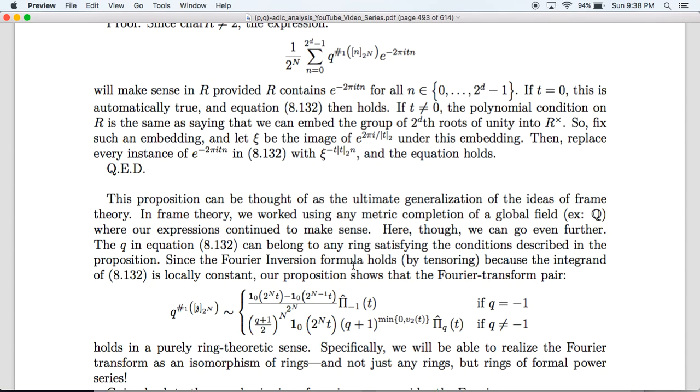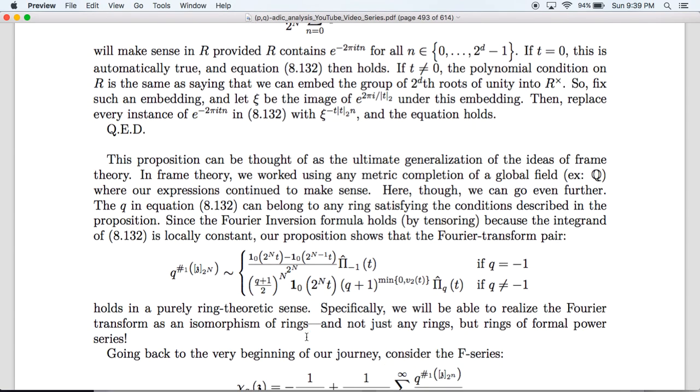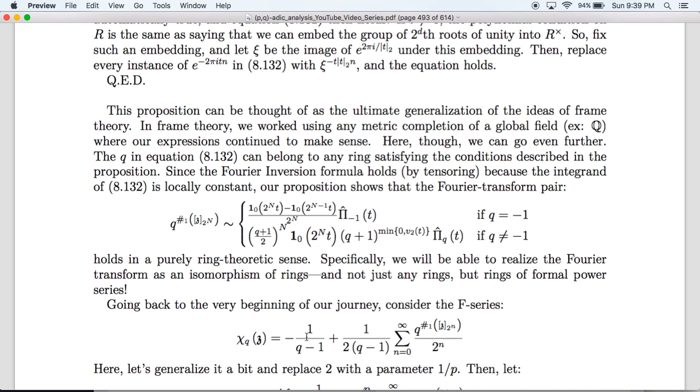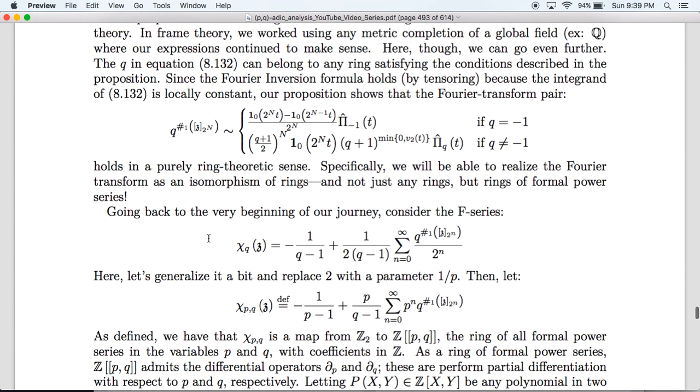It's because the Fourier inversion formula holds by tensoring for when we're working over locally constant functions. This Fourier transform pair holds in a purely ring theoretic sense. In particular, we will be able to realize the Fourier series as an isomorphism of rings, and not just any rings, but of particular importance, rings of formal power series. Going back to the very beginning of our journey, let's consider this F series for chi-q. Now let's generalize it a bit by replacing